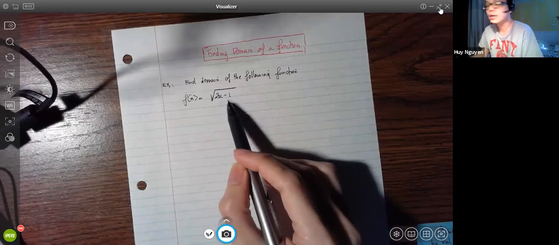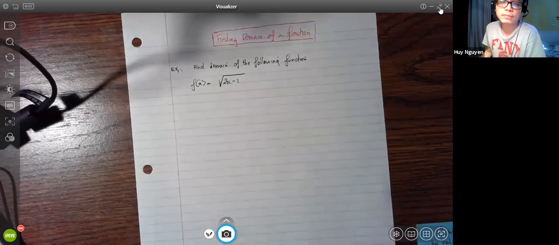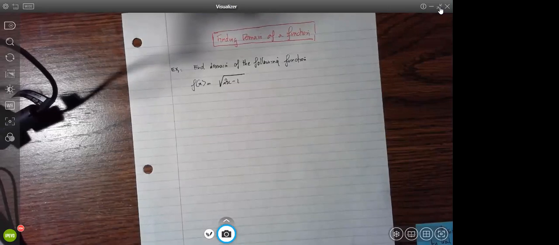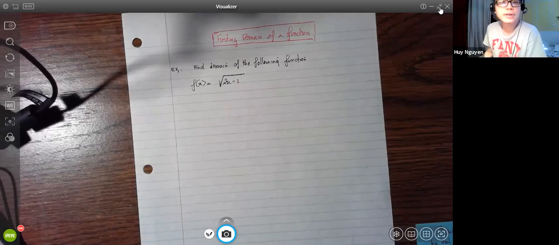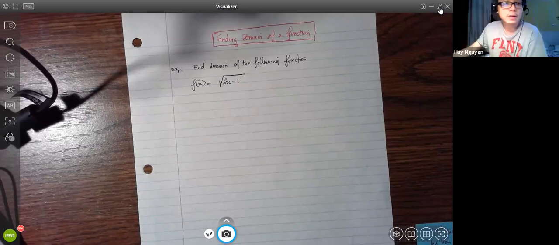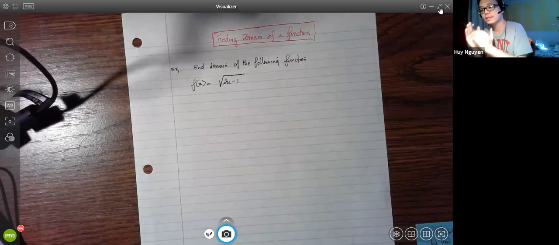Now I have a question for you. Can we take the radical of 0? Yes. Okay. Radical of 0 gives you what? 0. So it looks like 0 still works, huh? And all the positive numbers work. However, all the negative numbers do not work, and I already showed you with my calculator. Because all the positive numbers and 0 make the radical defined,